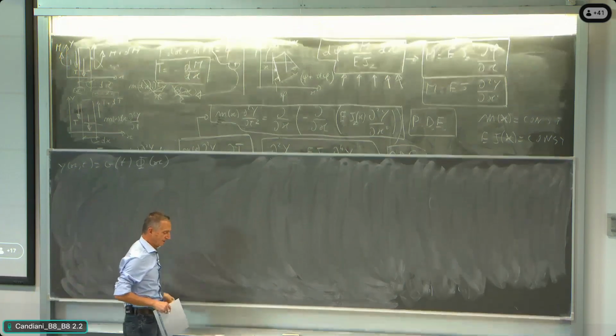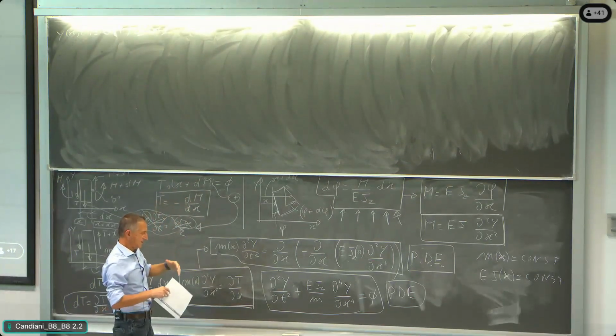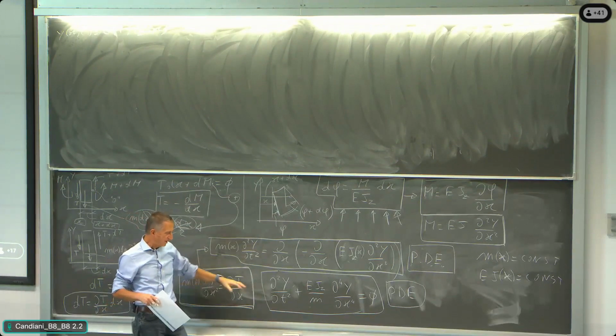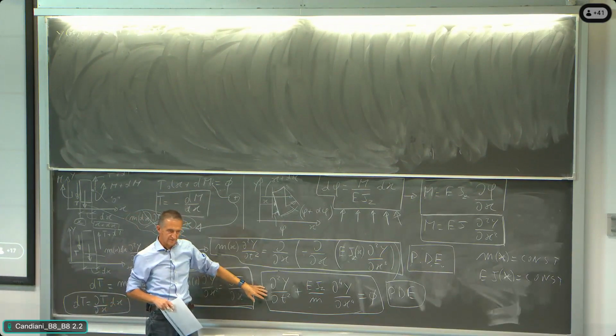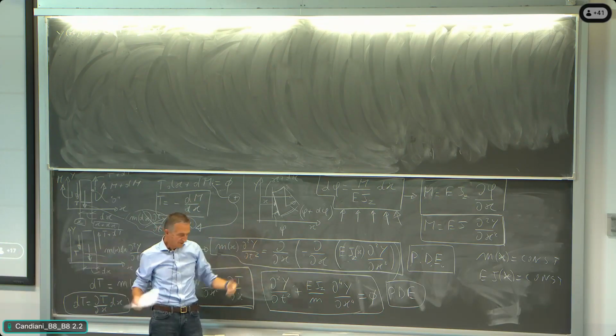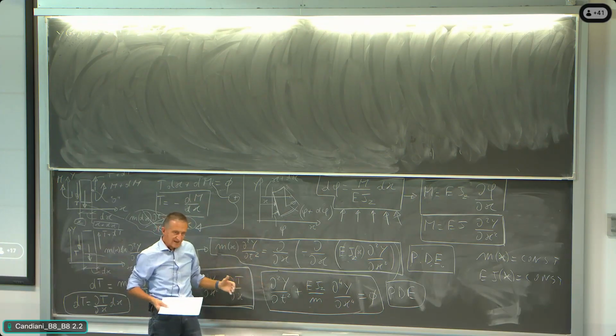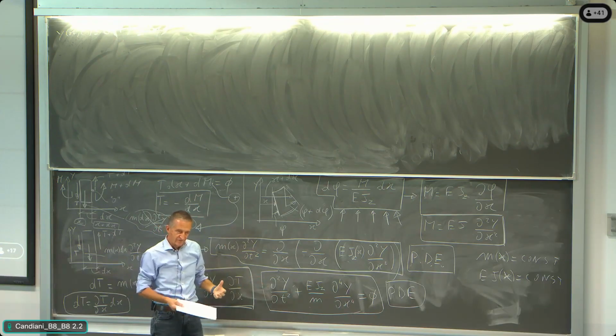Let's try to remind what we did with the separate variable. Taking the partial derivative with respect to time, we are not acting on the function of space. We are just writing G two dots, all right? The function y is the product of G times phi. The partial derivative of that object is acting on the function